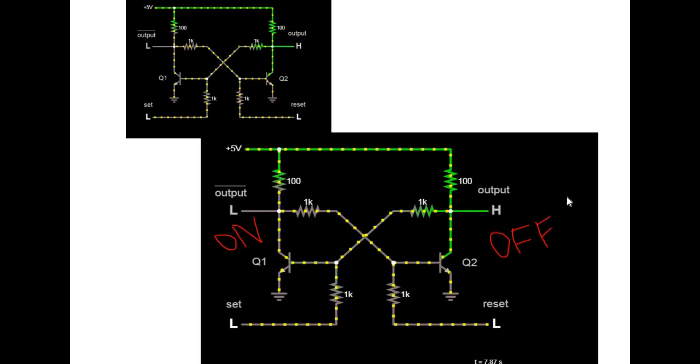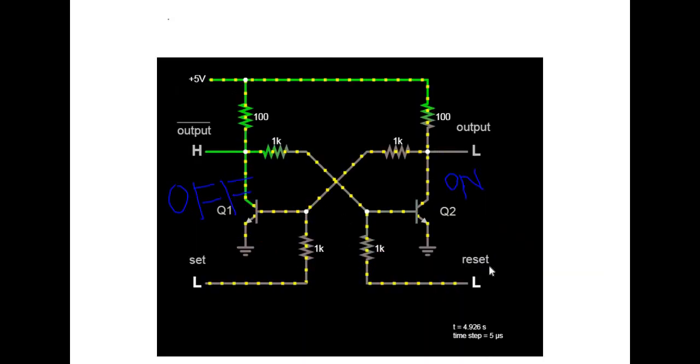Now you set equals to 1 for some amount of time. Make set equals to 1. If you make set equals to 1, output will be 1. 1 is nothing but high, as in SR flip-flop. So high means Q2 is off, Q1 is on. Similarly, if you make reset equals to 1, Q2 will be on, Q1 will be off, which is nothing but an initial state.